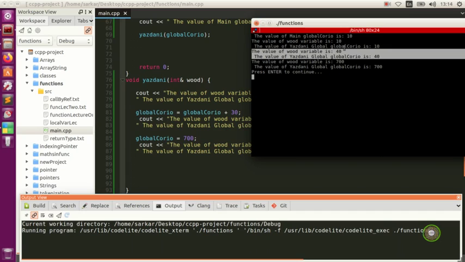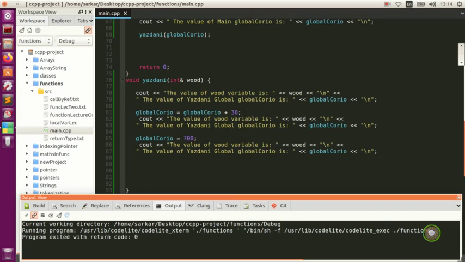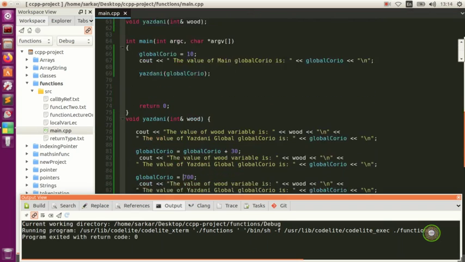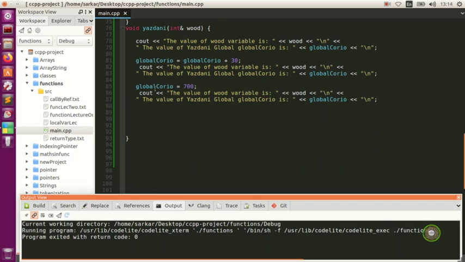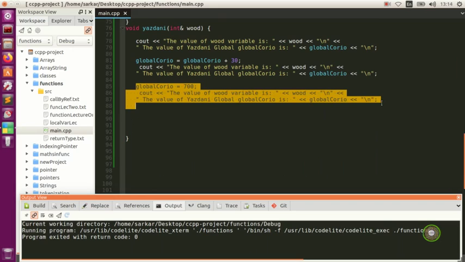So this is a little bit confusing. It's going to cause a lot of bugs if you create a lot of global variables and can't keep track. You're going to be a lot confused. And if you remember, every time you use this one, you can reuse it again and again and again. So if I come here and copy,